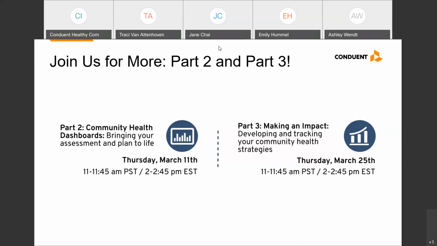I've seen a lot of partners really go head on into the assessment process, leveraging a lot of their finances and their partnerships, and they go really hard into the assessment, and then everyone's kind of burned out by the time they get to the implementation strategy development or the CHIP development. And I feel like that work plan is really the crux of how you move from the assessment into making impact in the community. So I would encourage you to pace yourselves, pace your collaboratives, and ensure you're putting as much time and effort into the plan development, implementation, and evaluation as you did with the assessment piece.